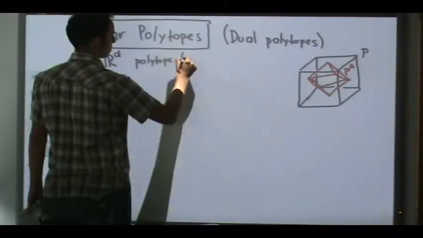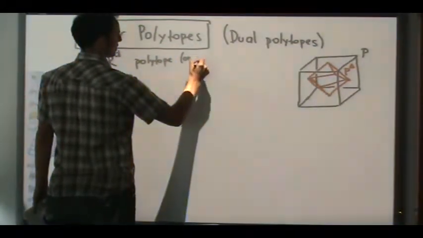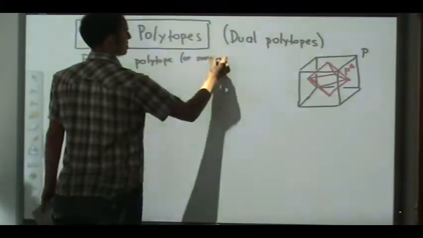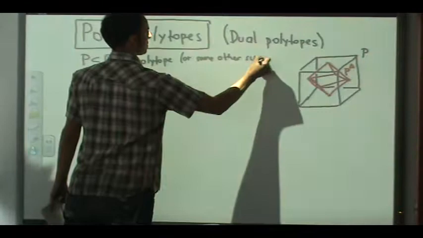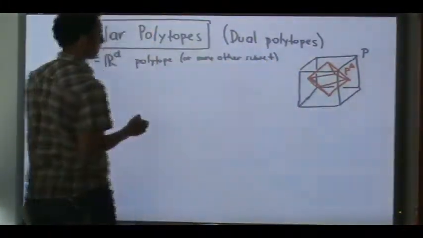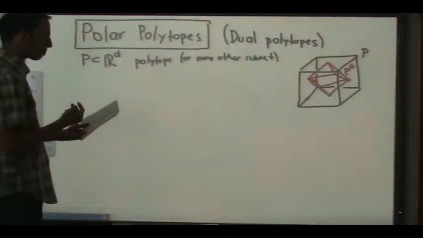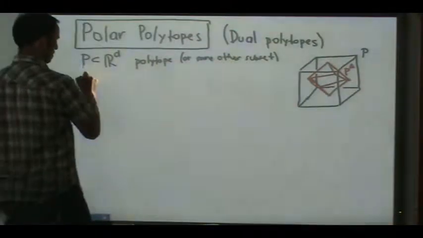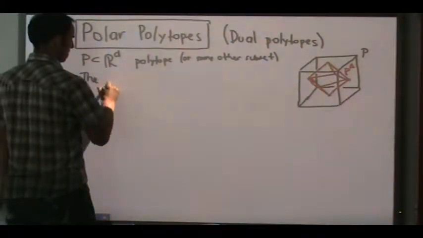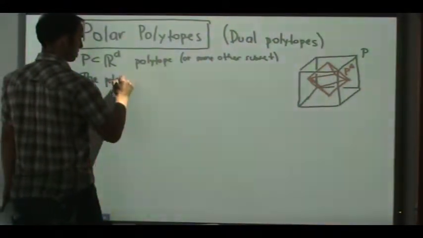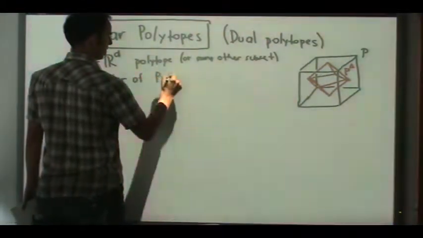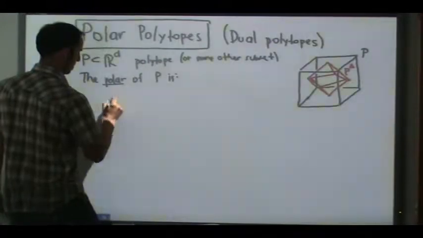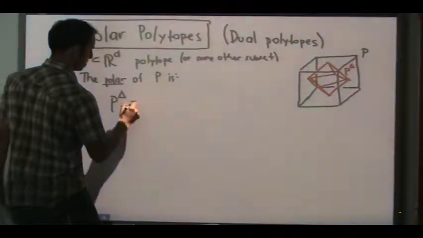Maybe it's something else, some other subset, but we mostly care about the case of the polytope. Let me say the polar of P, which we denote P with a triangle,